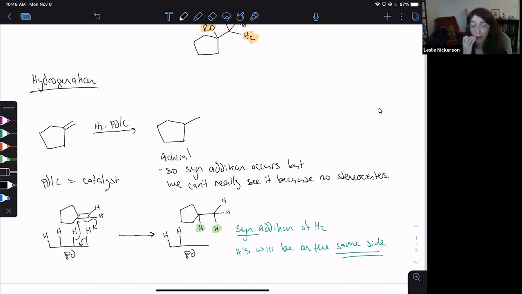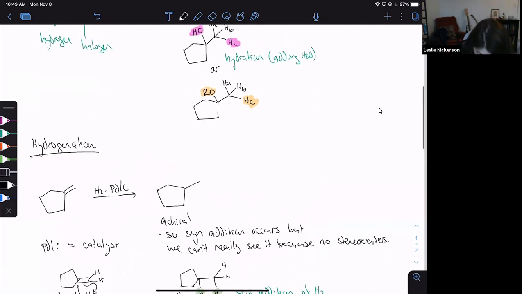Okay, so if we had a reaction where we did have stereocenters, then we would see syn addition of those two H's. All right, so then let's look at the